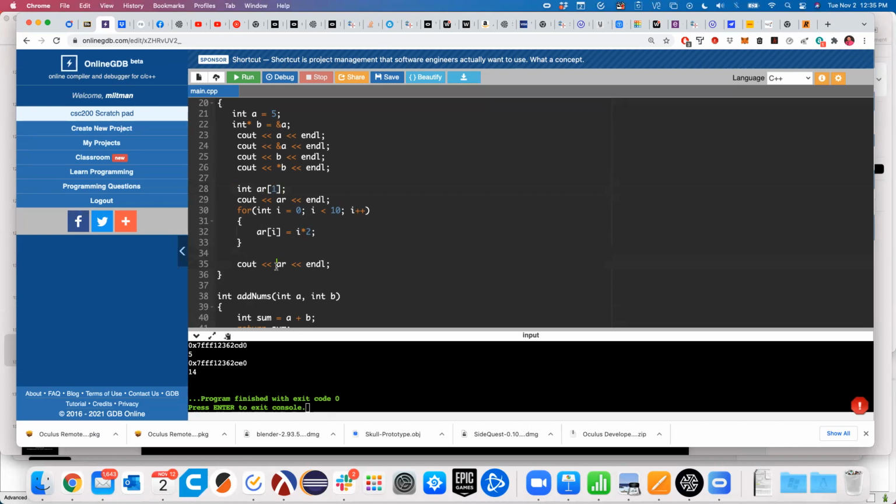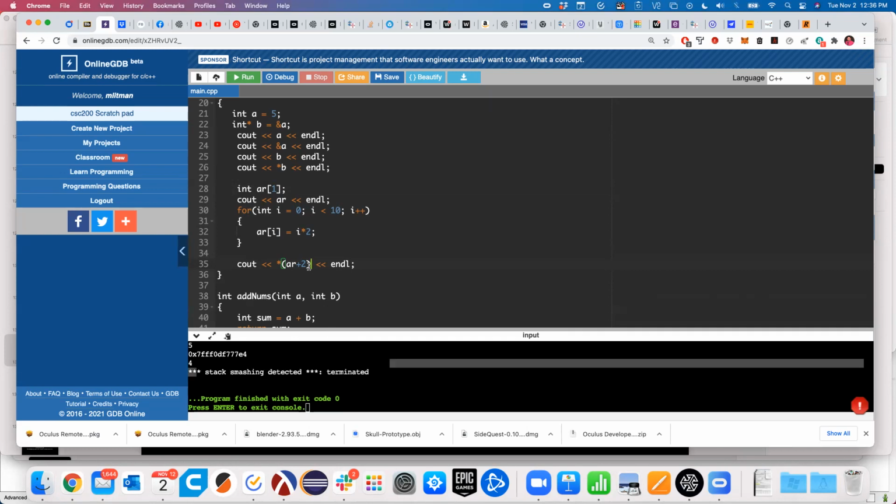All right. Stack smashing detected. It's pretty funny. Yeah, I want to make sure that this... right, yeah. I don't know. This must be a built-in thing, but it's okay. It's still showing me the